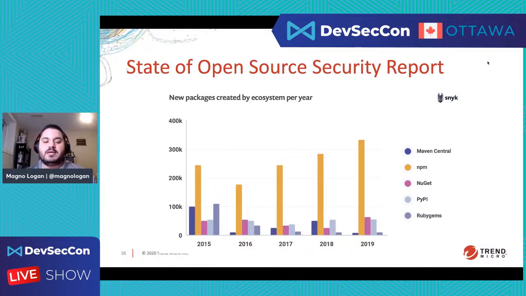Here we can clearly see an increase of new packages, especially on Node and JavaScript code, the npm package manager. There are a lot of libraries and frameworks being created for JavaScript, and that creates an issue.